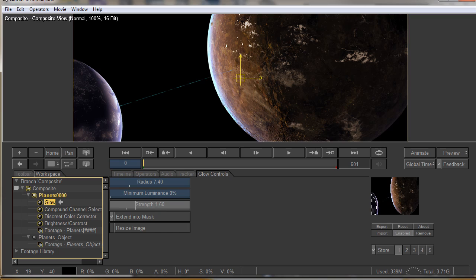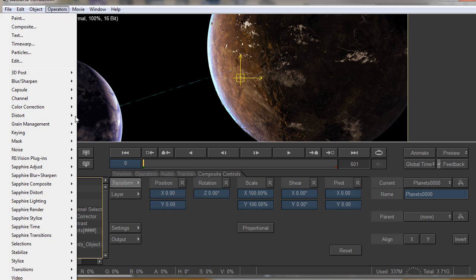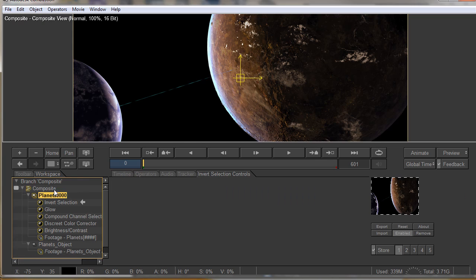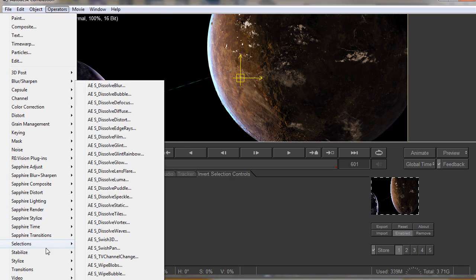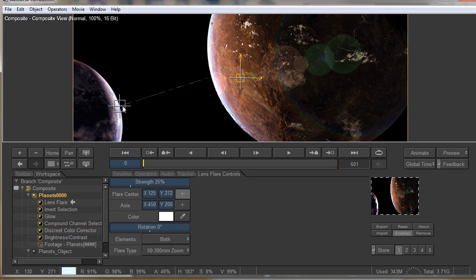And we can have more power or less power. Obviously, if you have a better plugin such as Sapphire, use it, because you can have more possibility to have a better look. So then let's invert the selection. So selection, invert selection, and then we can add a lens flare. Let's go with Stylites lens flare, and we move one point there,